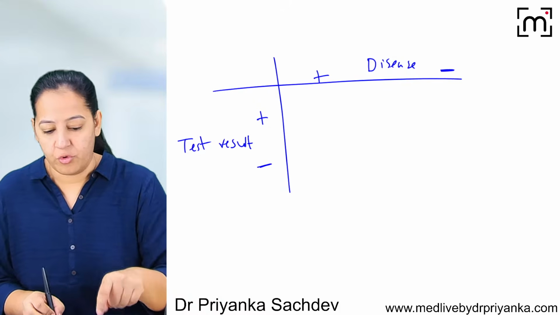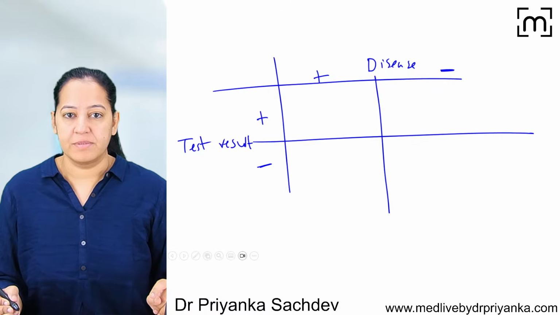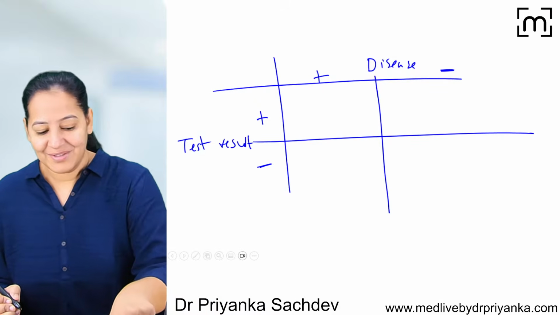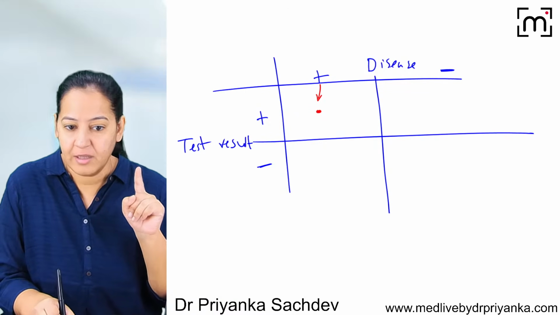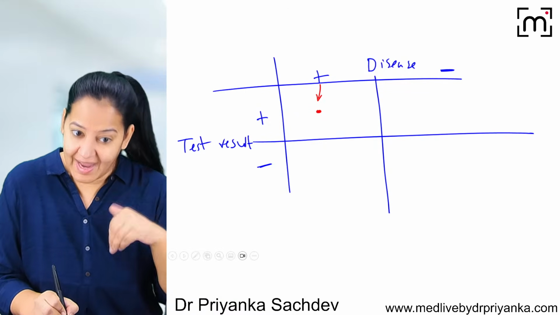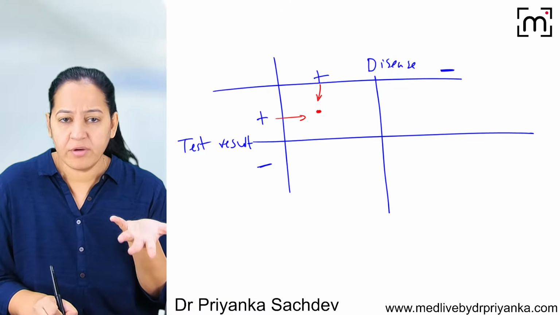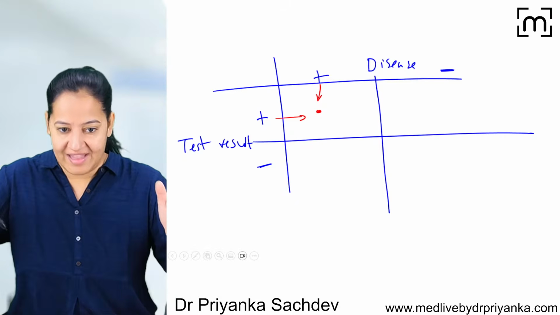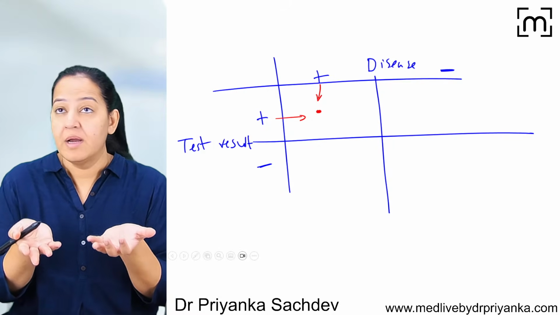So you are dividing into 4 columns. Can you see the 4 columns here? So this is a group of people who actually have the disease. They don't know they have the disease, but inside, the disease has started. And the test result is positive in them. There is a group of healthy people and you are performing screening tests on all of them.